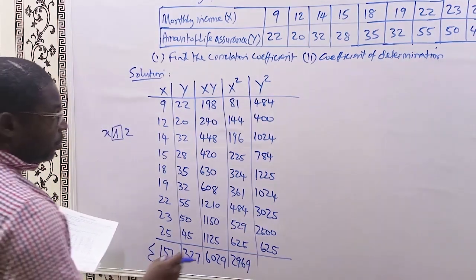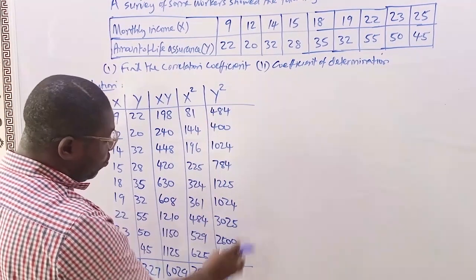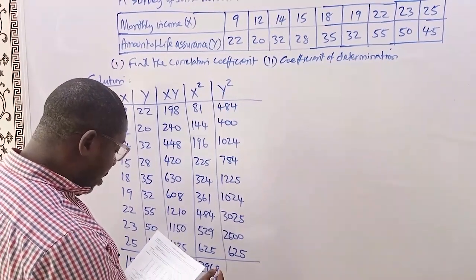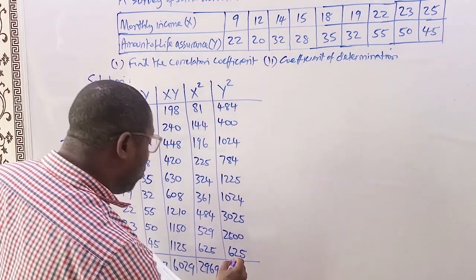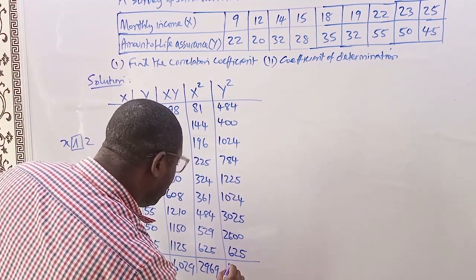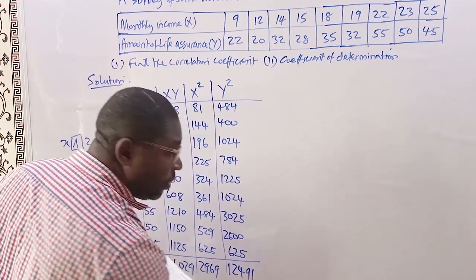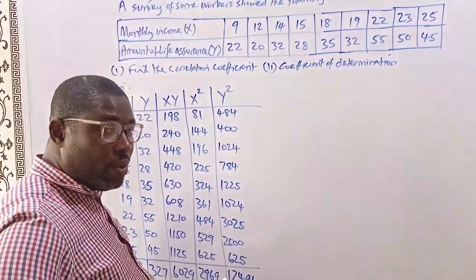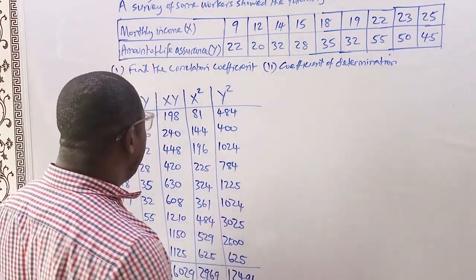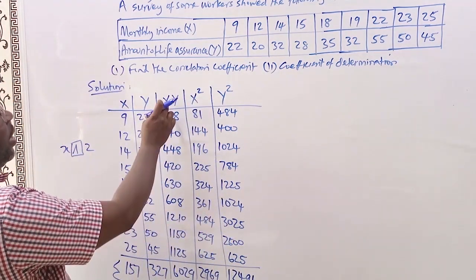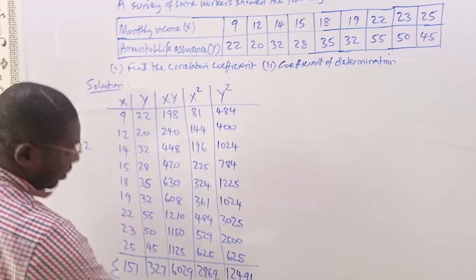2969. Then sum of y. But summation of y squared will give us 12491. All right, so having gotten these values, the xy, the x squared, and the y squared, we've determined the sum,